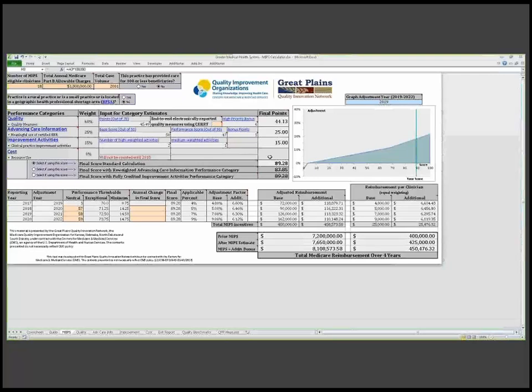You can see that the standard reporting is the final score. They have maxed out their improvement activities. They have maxed out their vaccine care information at 25 points. And they're coming close to maxing out their quality. Now, as we get down to the bottom, we can start doing estimations. If you believe that 57 is a small number and that, in truth, it's not going to be just a point higher than what